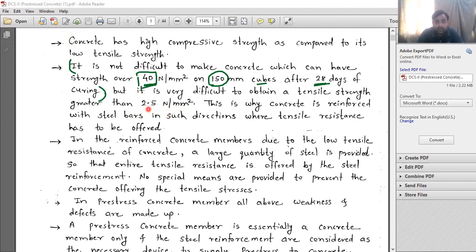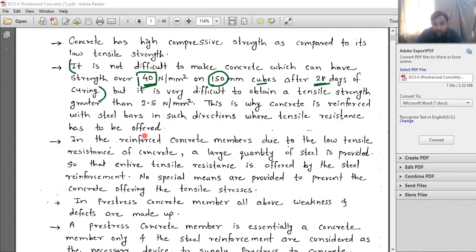See, what is the number here? 2.5. What is the number here? 40. Compressive strength we can achieve more than 40 also. But if you talk about the tensile strength, it is near about 2.5 to 3. See the huge difference, huge gap. Okay, so concrete is very weak in tension. Okay, this is why the concrete is reinforced with steel bars in such directions where the tensile resistance has